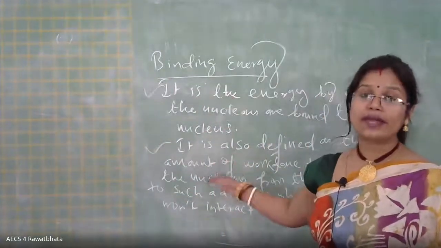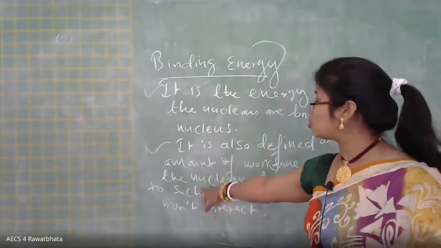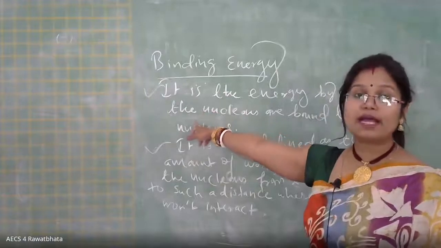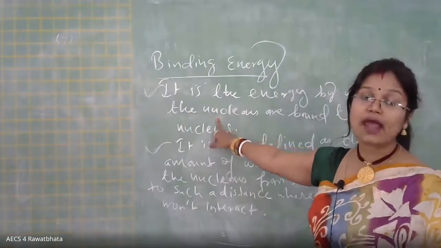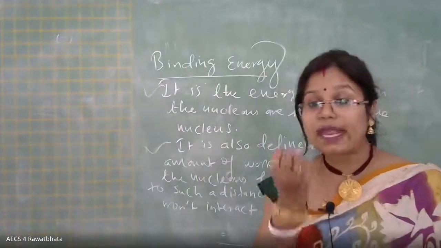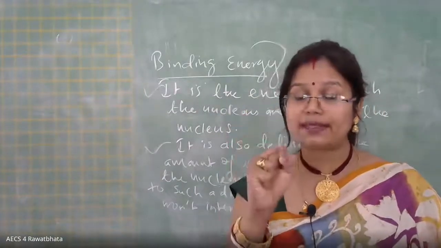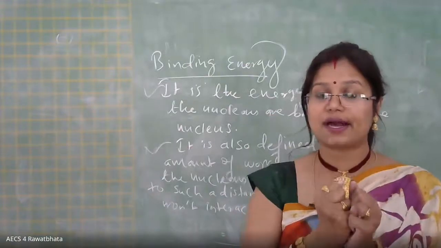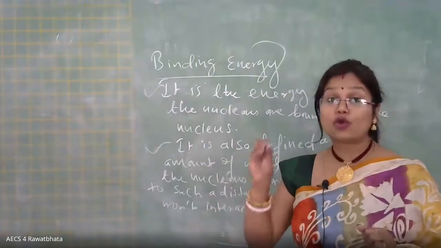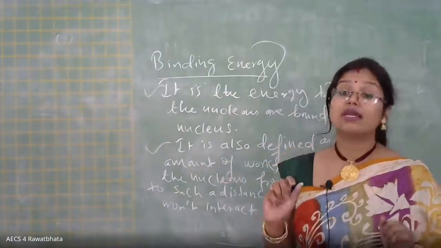In either of the two ways, in simple language, if this one is not known to you and you're not getting the idea, you can explain it in this form: this is the energy with which the nucleons are tightly held in the nucleus, known as the binding energy. From the name itself, binding means holding them. Binding means to hold tightly, child. So what has to be held here? The nucleons present inside the nucleus.